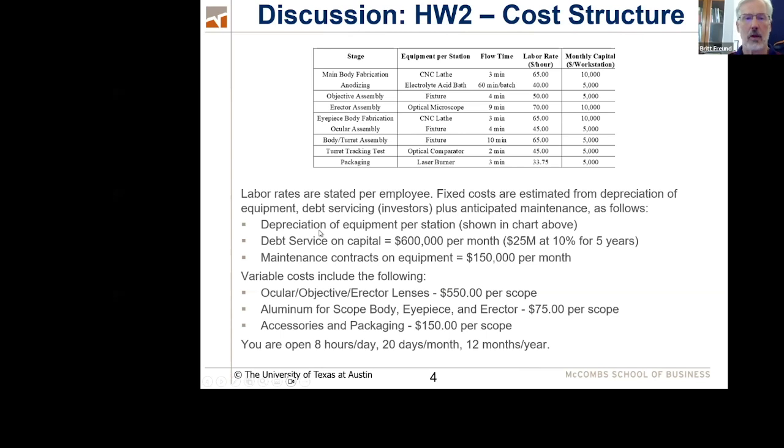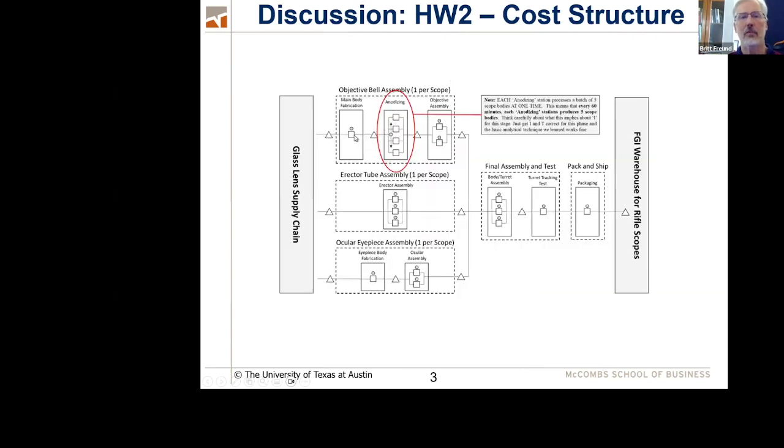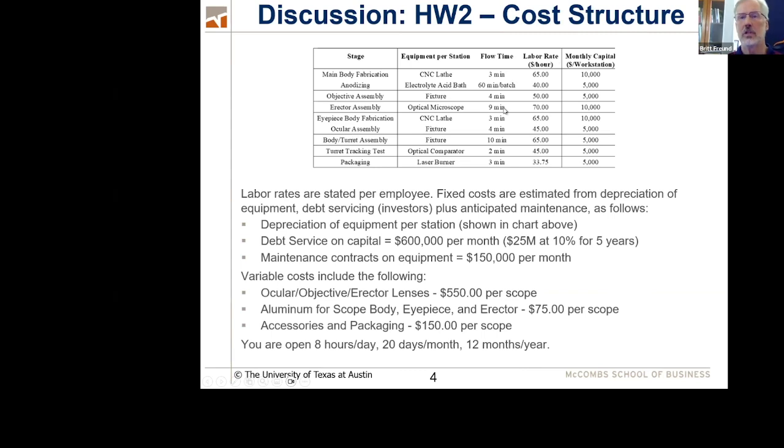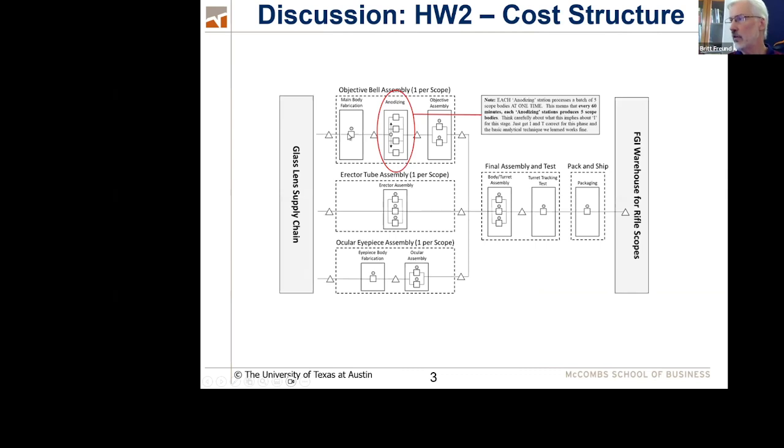And so if you think about it, I'm paying labor. And if I have a crappy month and I don't get many customers, unless I tell you otherwise, labor is a fixed cost. So I'm going to have to be paying, looks like the labor rate is $65 an hour for whoever the operator of a CNC lathe is. So we come over here, there's only one CNC lathe and only one operator. So we have to pay one person $65 an hour for every hour that particular cubicle is running. That cubicle also costs you $10,000 in capital per month. There's only one of them, so it's $10,000, right?